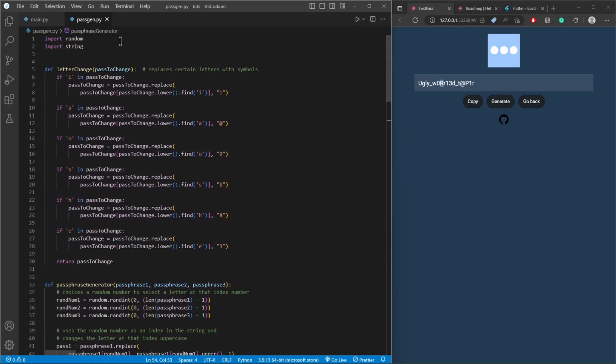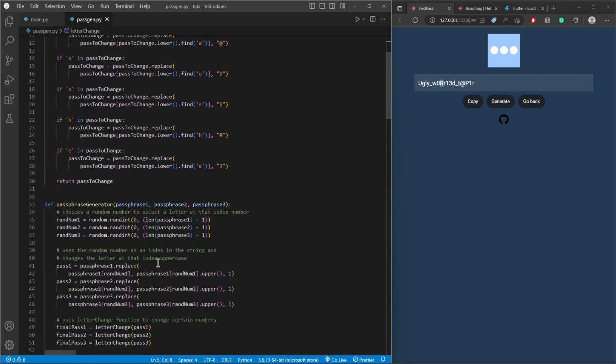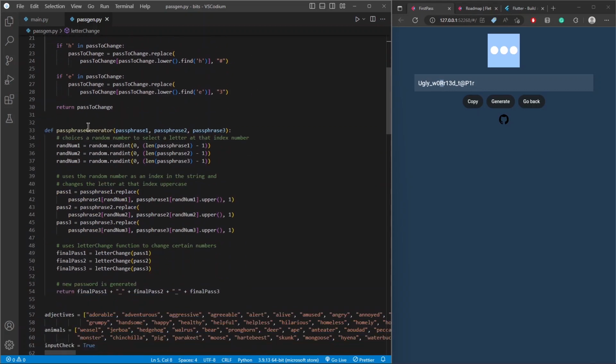So top down letter change, we're going to replace one letter, or if we find an I, if we find an A, whichever one, we're going to replace each of these with a symbol. In the passphrase generator, we simply choose a random number first, then we replace whatever letter is at that index with an uppercase